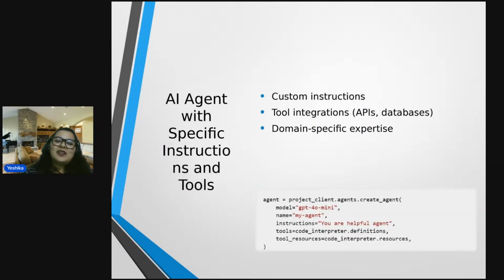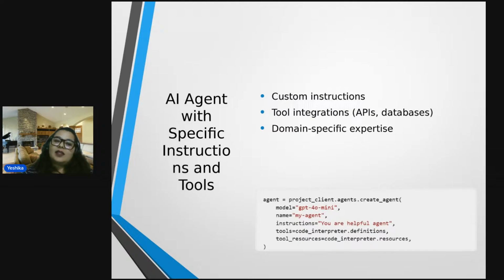Moving further, as we have been talking about the AI agent with specific instructions and tools, this is one small set of lines of code that you require to put into your agent structure.